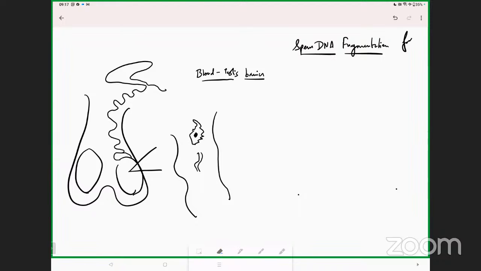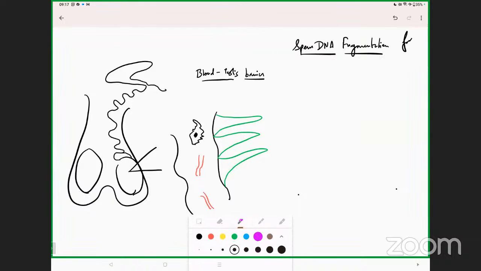So let me just draw the blood vessels in red so that people understand it. So there is this barrier which is going to be present between the two seminiferous tubules. All right, inside the seminiferous tubules you are going to have Sertoli cells. Now I'm just drawing these Sertoli cells in 2D, but remember they are positioned in 3D. At the basement membrane of this you have your